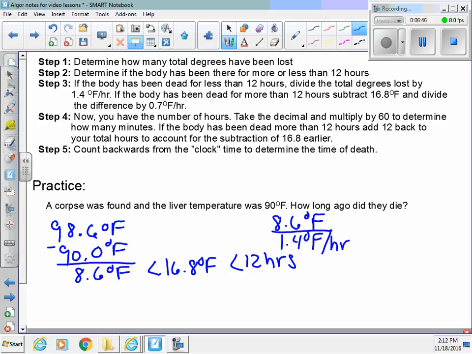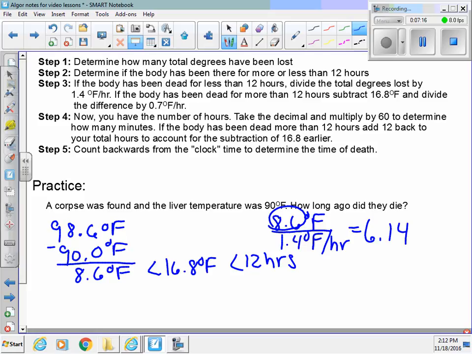And you come up with 6.14. We'll round to the nearest hundredth. Now, what we have here is 8.6, this is 8 hours, and then we have 6/10 of an hour. So to figure that out, we are actually going to take,